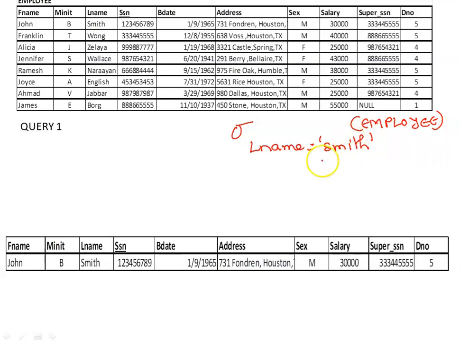Now, the output of this table would be something like this. So we get only one tuple with the SSN and the other details.